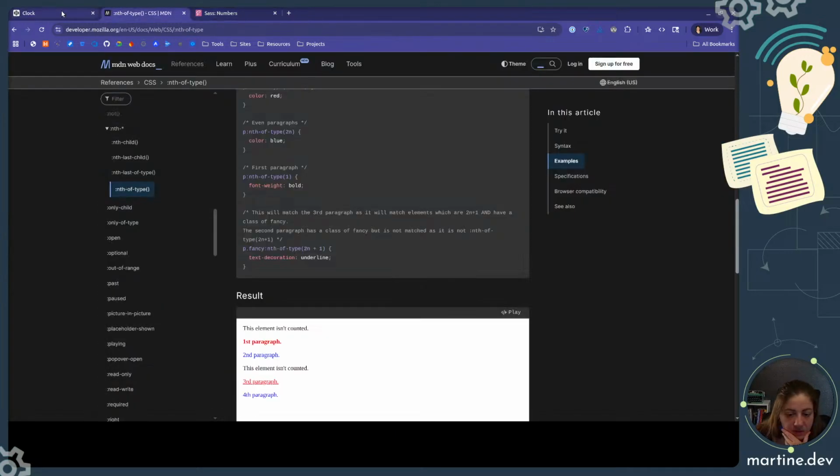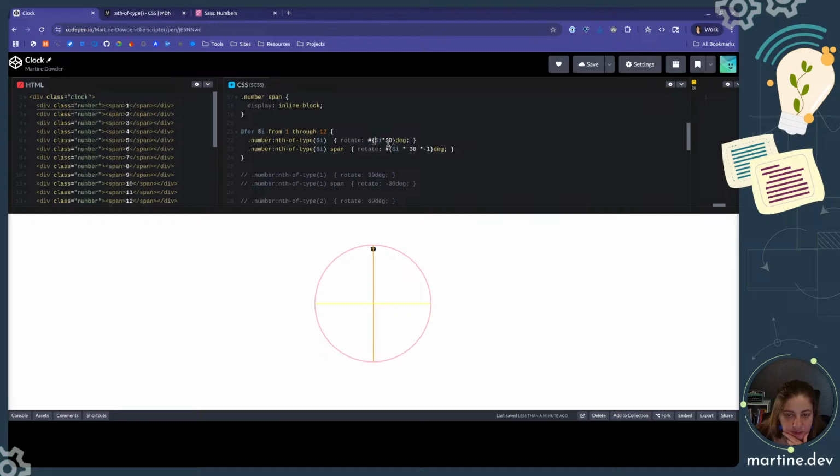So theoretically, maybe I just don't need to interpolate at all. I times 30 degs, and in this case, I times -30 degs, right? To make it really not too complicated. That should